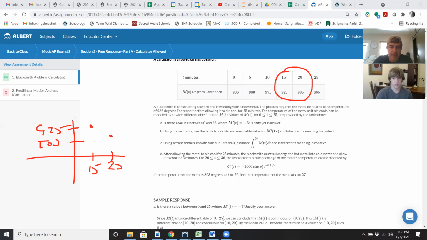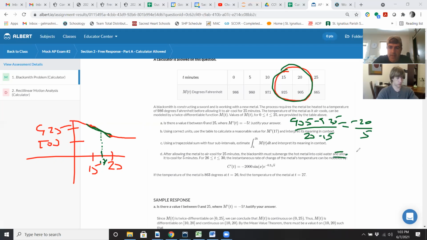The curve does something kind of like this, right? So 17 is in between. Whatever tangent I have at 17 is going to be pretty similar to the secant line through 15 and 20. So you can just find that average rate of change, which is 905 minus 925 over 20 minus 15, which is -20 over 5, which is -4. And don't forget the units, -4 degrees Fahrenheit